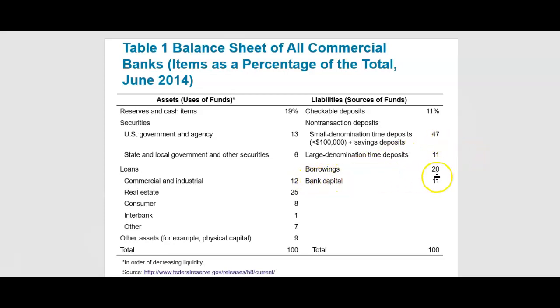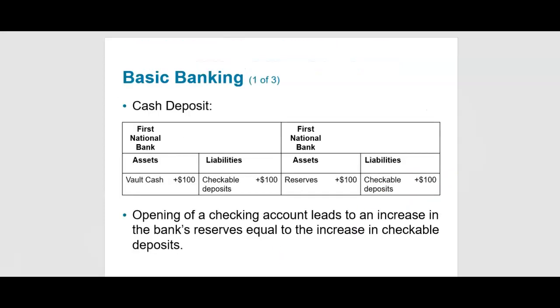And then you have the borrowing from the bank, and you have the capital of the bank. Now, to understand how things go, let's look at what's happening in the balance sheet. So if you take $100 cash and deposit it in your checking account, that cash goes automatically into the vault. It's not considered a cash item in process of collection. Once you put it there, it goes into the vault.